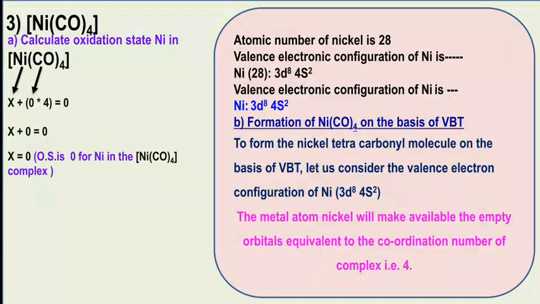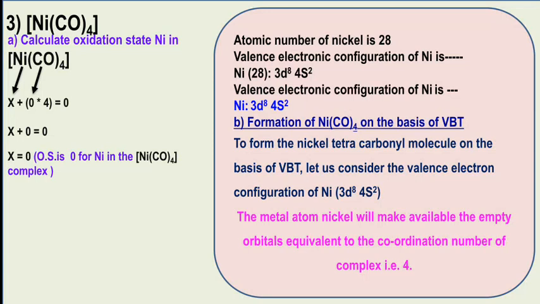The CO molecule, that is carbon monoxide, in terms of ligand is called a carbonyl, and that carbonyl is a neutral ligand. So there is no charge on this carbonyl ligand molecule. Whenever the metal atom is attached only to neutral ligands, in that case we assume the oxidation state of the central metal atom is 0. So there is no need to calculate the oxidation state of nickel in this complex. We will assume the oxidation state of nickel in this complex as 0.